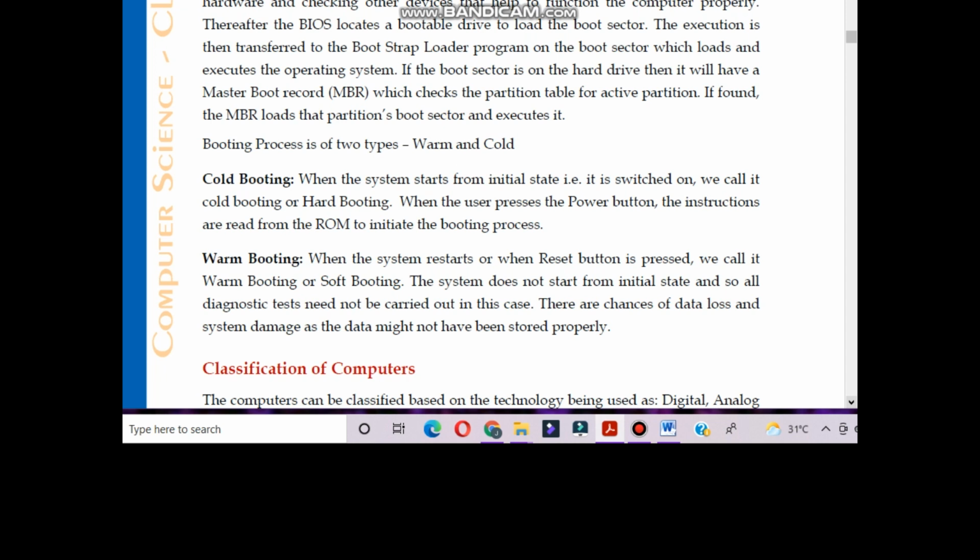So we should try to start our system from the initial state. When we start our system from the initial state, data will not be lost. Thank you.